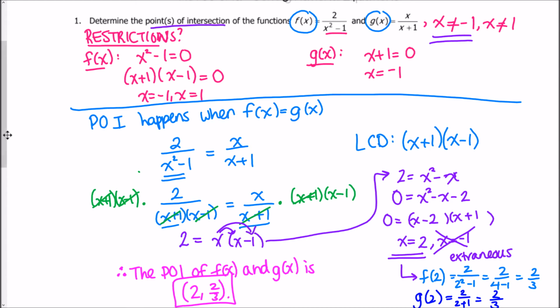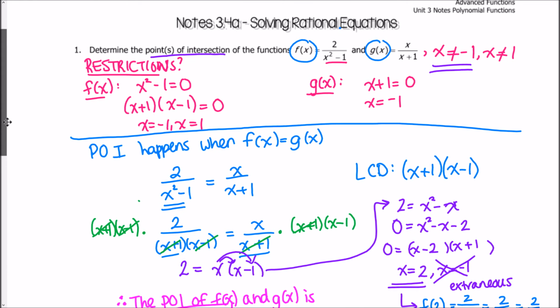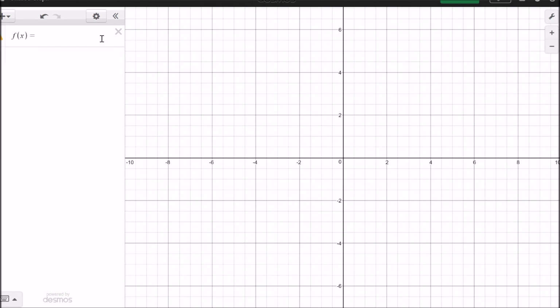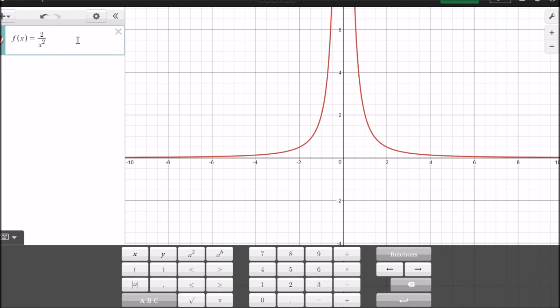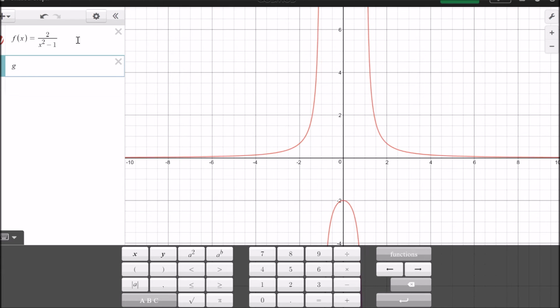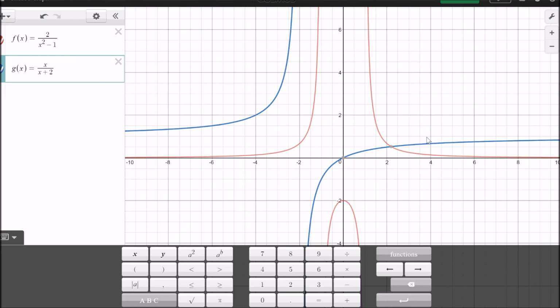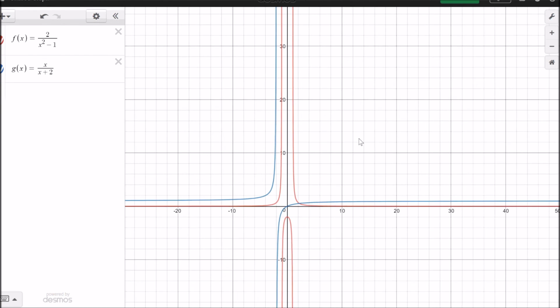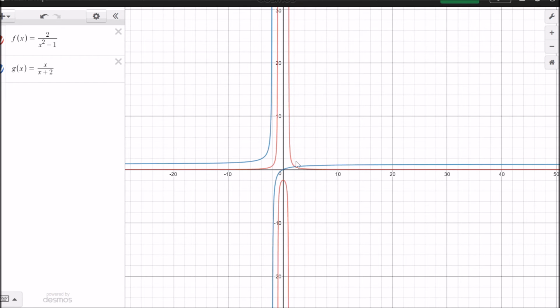Okay. Now we've done this algebraically, I just want to use Desmos to verify the answer. So I'm going to type in both of my functions. So my first function was f of x is equal to 2 over x squared minus 1. And then my other function is g of x is equal to x over x plus 1. Okay. And as I can see right here, when I zoom out, it doesn't appear to have any points of intersection except at,